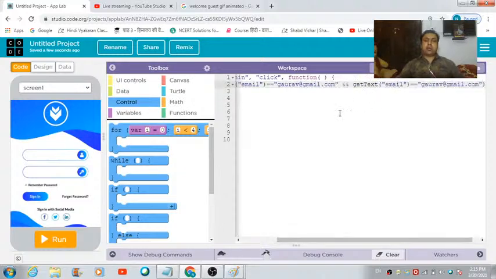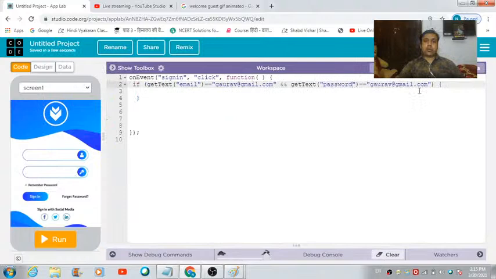and operator. Now I'm going to replace this email with the ID of this component in which the user is going to write down the password. So if the password matches with this which I am defining over here, Gaurav123, okay, then only the user should be